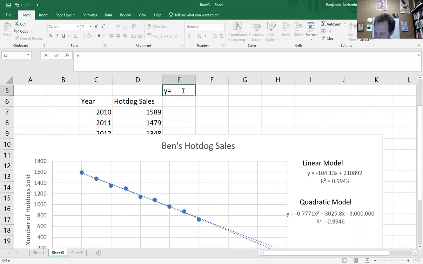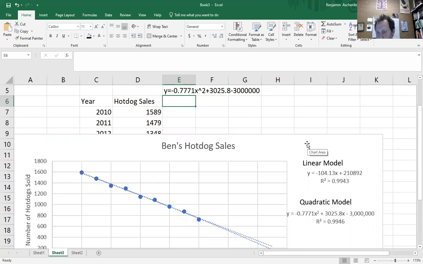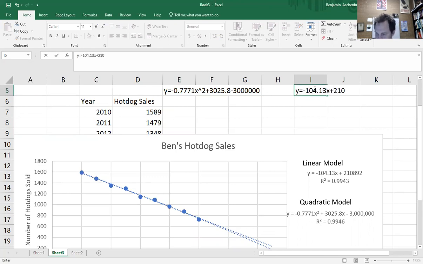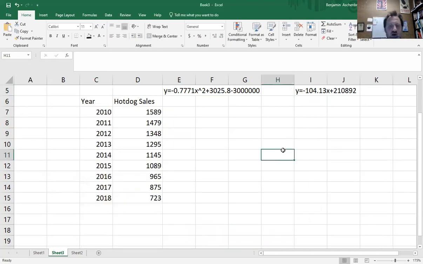Y equals negative 0.7771x squared plus 3025.8 minus 3 million. Okay. And I'm just going to write down the linear model too. I've got a bad feeling about my 1 million figure there causing me some problems in terms of accuracy. Okay. So